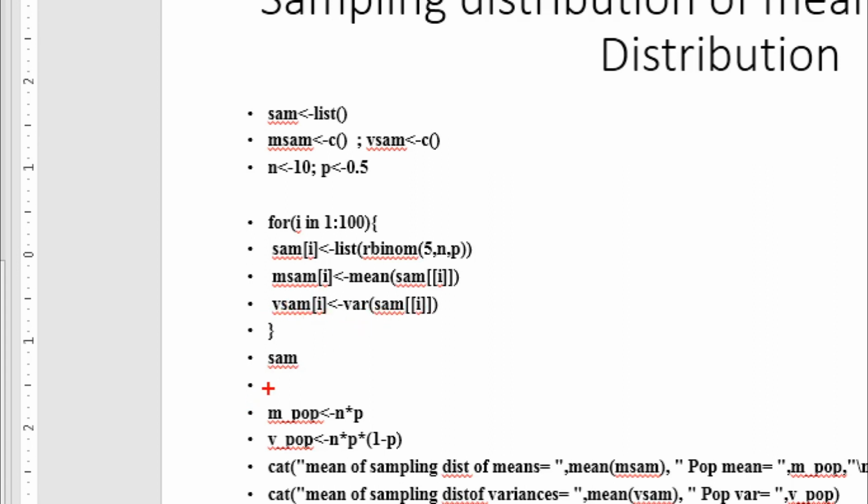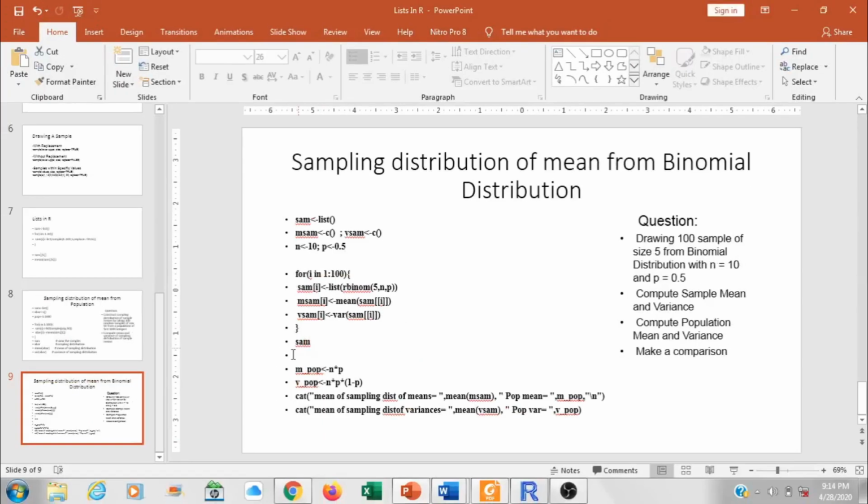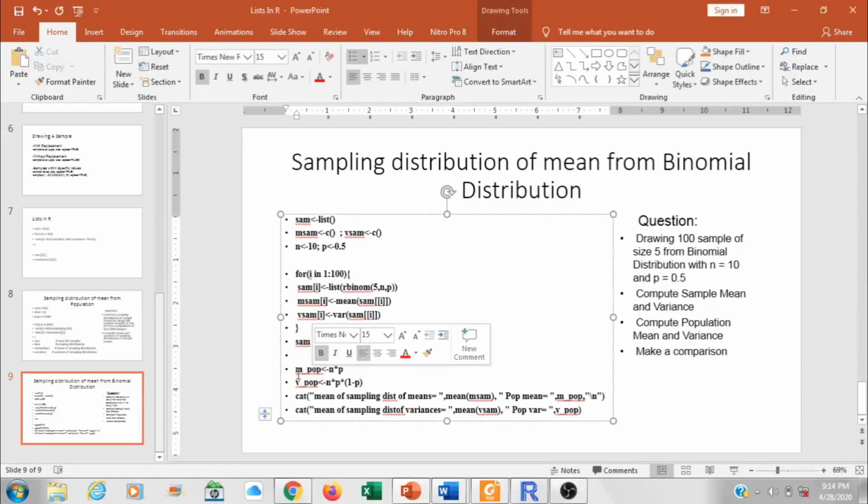Again we find the variance of the ith sample and assign it to the array vSAM as the ith element. If you want to view the samples, we will type SAM. This is the mean of the binomial distribution, which is np, and the variance of the binomial population, which is npq.